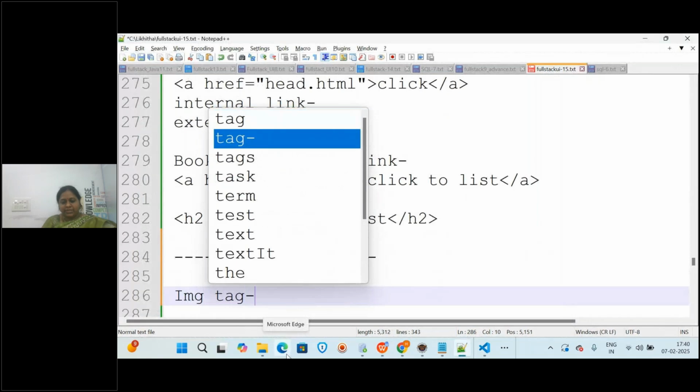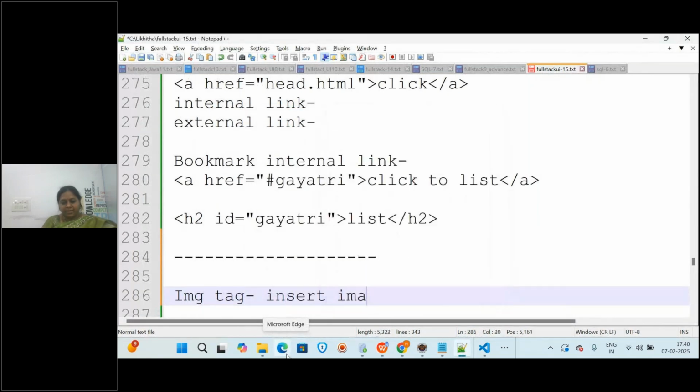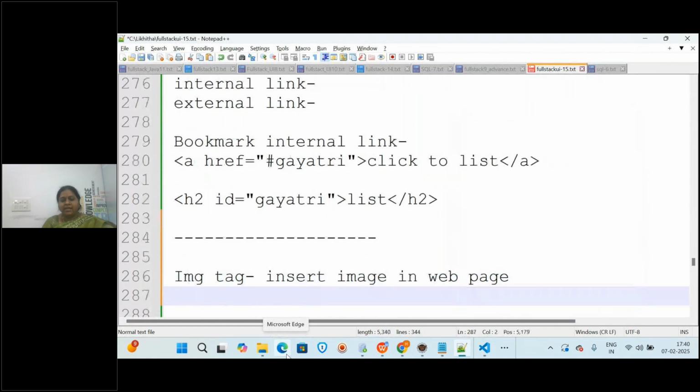So this is used to insert an image in a web page. So we will be writing the img tag. How will you write the img tag? This is the image tag and this is a single tag. There is no closing tag. And for the image, the attribute is src. For the image it is src, for the anchor tag it is href. The attribute name changes, one for a file link and one for an image link. So based upon the tag, the attribute changes to provide the link, that's it.